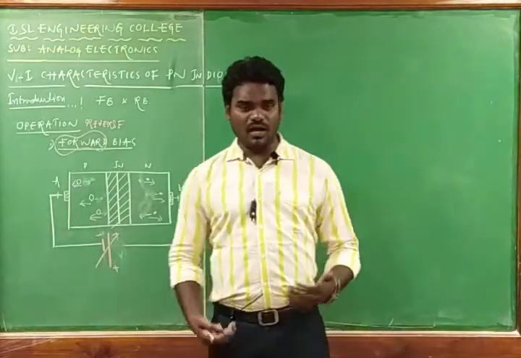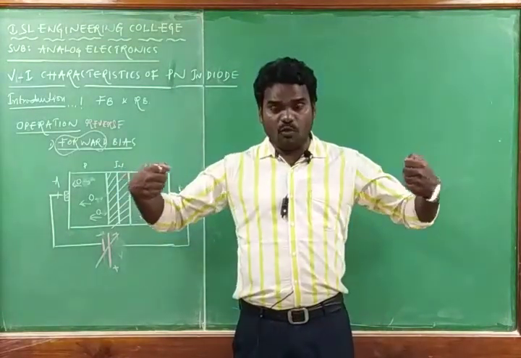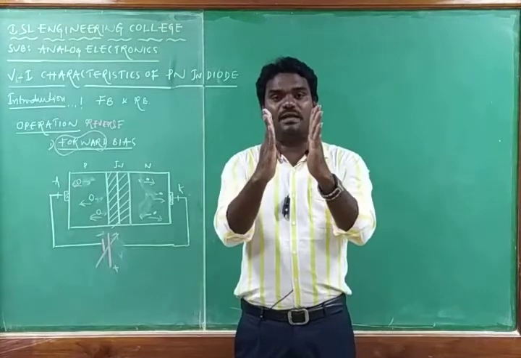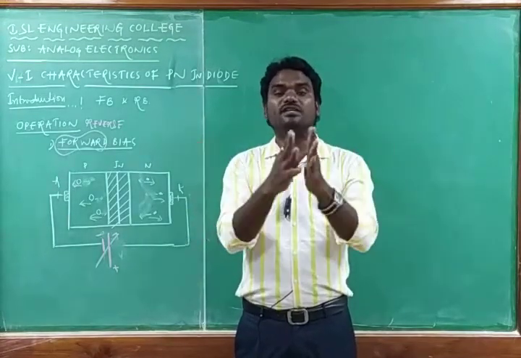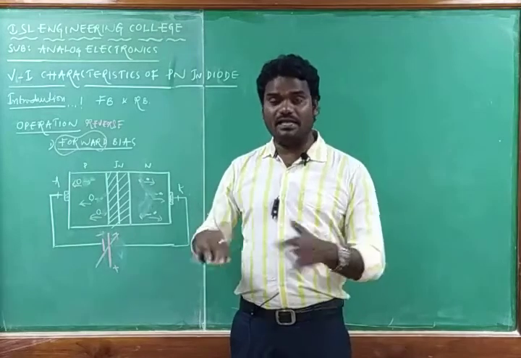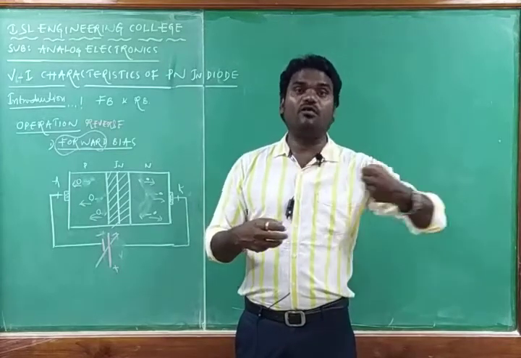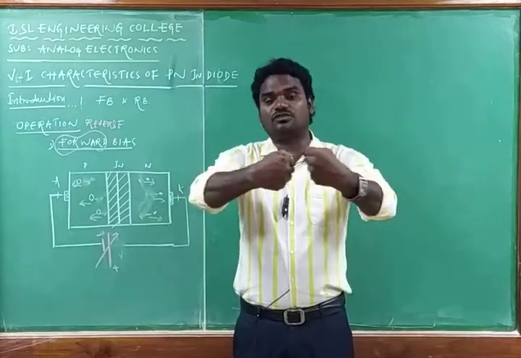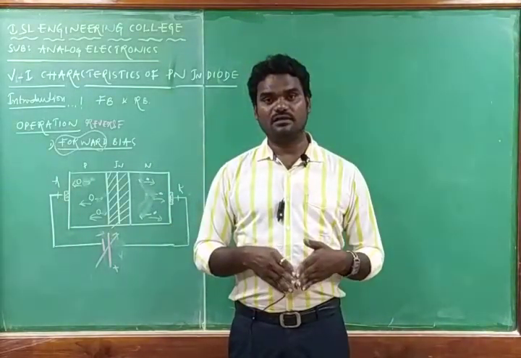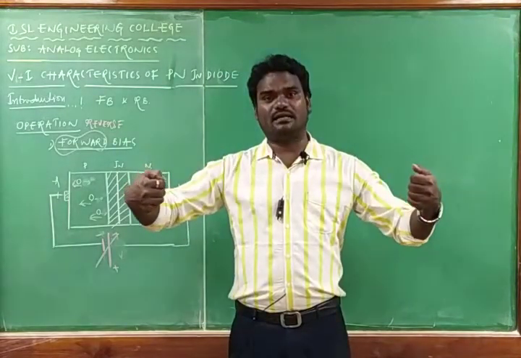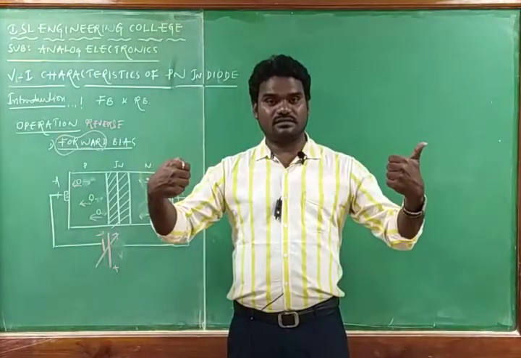So that means what? In the forward bias mode, both the holes and electrons are moving towards the junction, and they are pushing the depletion region, such that at one particular point of forward bias voltage, this depletion will be completely disappeared. But in the case of reverse bias, as you are increasing the reverse bias voltage, holes are moving away from the junction and electrons are also moving away from the junction, so that there is an increment in the barrier potential. The depletion region is going to be expanded, that is, increased.